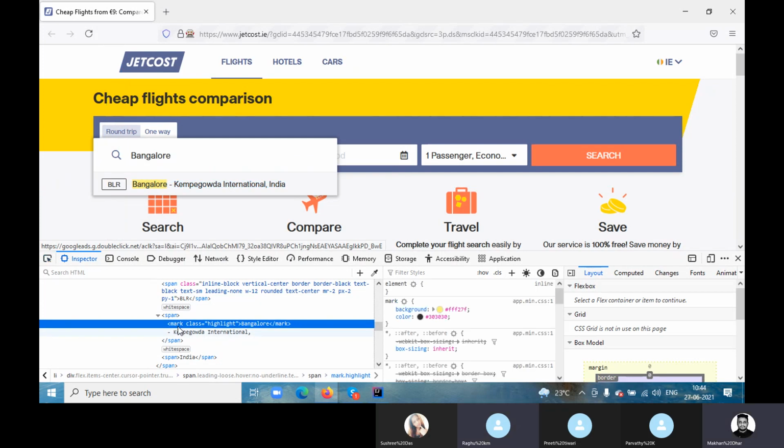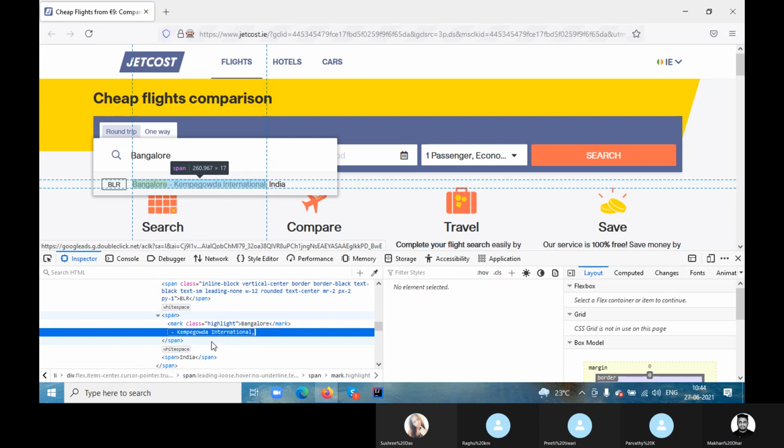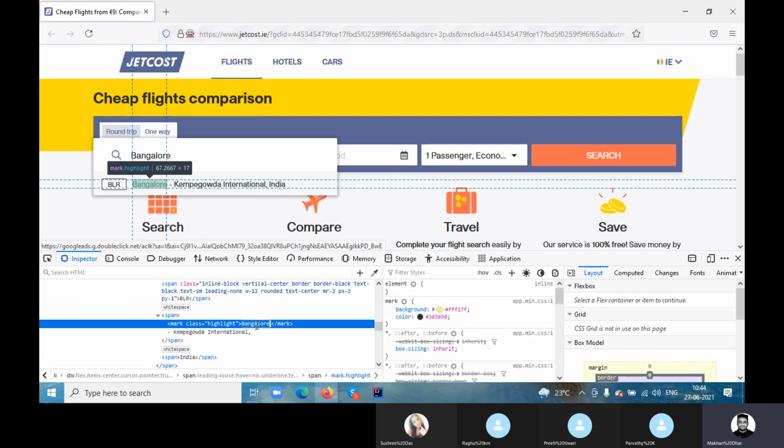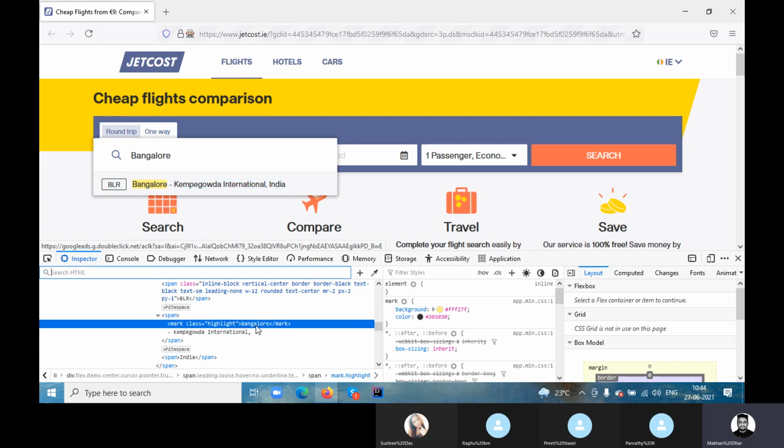This is span highlight. We can use text also for this. So for text, does anyone remember what that was?